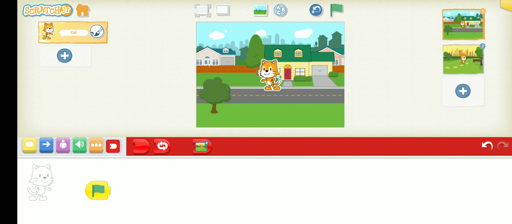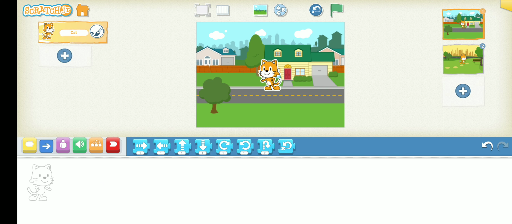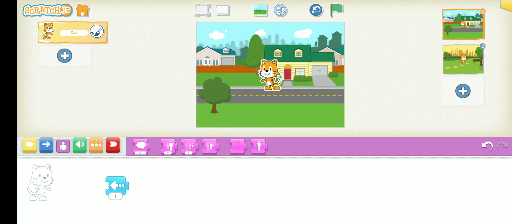This time I am not taking the start button. I am directly starting with going backward. I want to go towards the left hand side, and go left hand side again, then display a message.